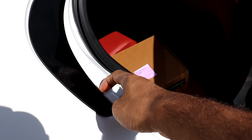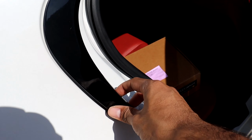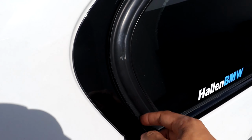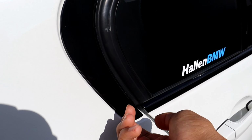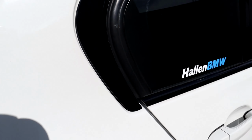And then right here, when I open the door, this piece isn't secure, it moves. I'm not sure what happened there, but regardless, when the door closes, it doesn't move because this piece is pressing on it, so it's not going to flap or move or anything. So it didn't really bother me there, and I rarely ever open this door, so not really that big of